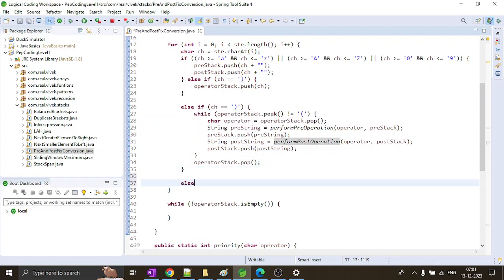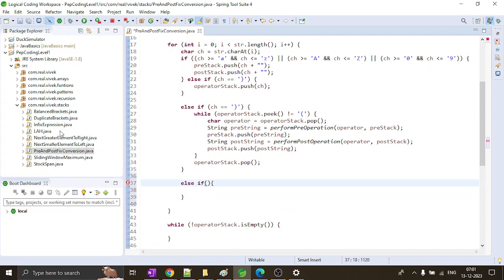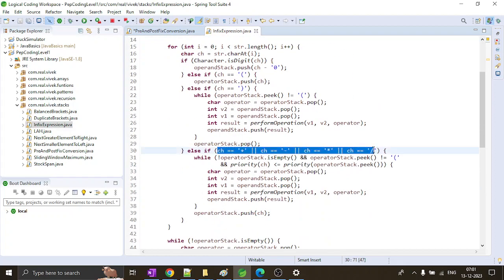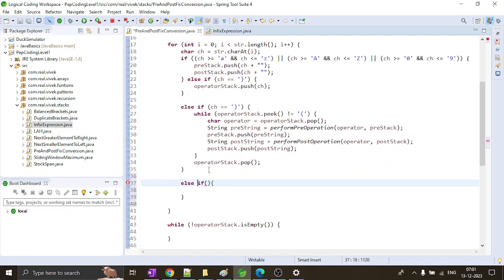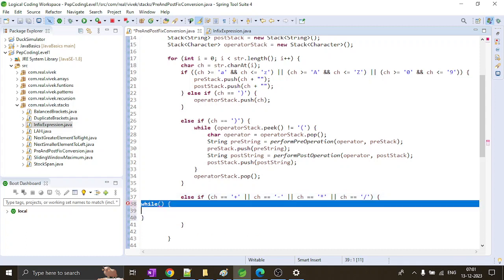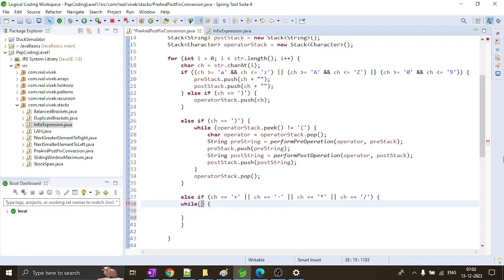And we'll have the else if condition. One more else if condition, right? Where we have those operators like plus, minus, division. So we had that written here, so let me copy that. So here what we need to do is check two, three conditions, right? We have to keep on iterating till we find an empty stack or